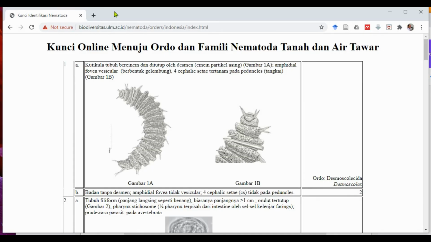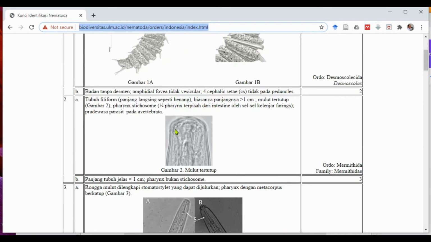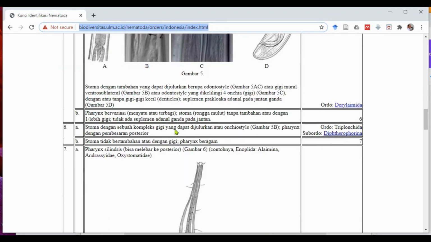Now I would like to show you a short video of the key which is available online for free in this website. So this is the key, and as I told you, this key is equipped with an extensive number of pictures, so it's a pictorial key, and this one key is for orders